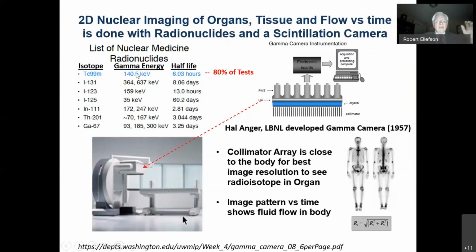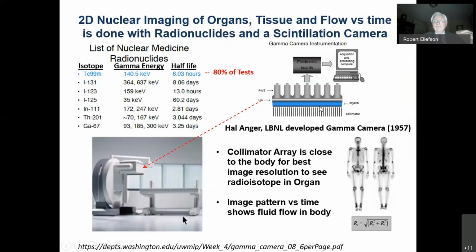There are a number of them that have 100 to 300 kiloelectron volts of gamma energy, which is not too severe. It's not damaging. So you can define a crystal detector that can accept that kind of gamma energy and